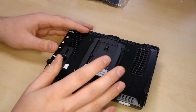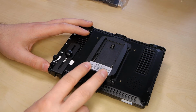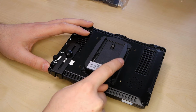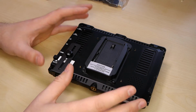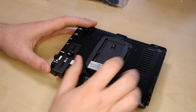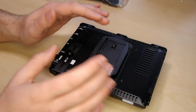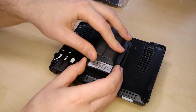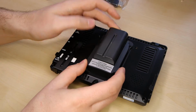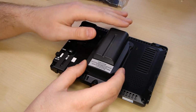By the way, this model is coming with a Sony NP-F battery plate. This model isn't coming with the lock, as you can see here. Normally, the newer models with the new firmware and so on, which you can order now, they have such a locking pin here. Here, the problem was, and this is the older revision, that, for example, if you mount a battery, you can see it here, there is still a little bit of play,